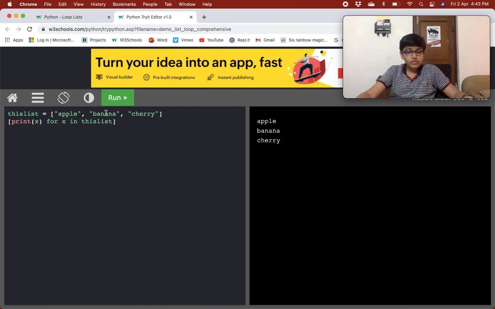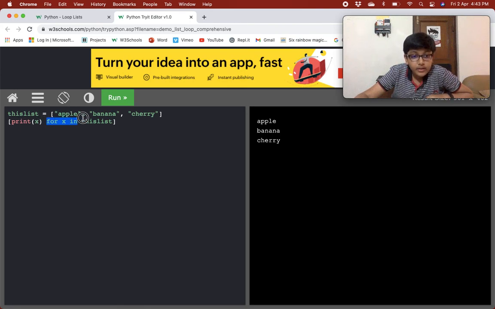So it first does for x in this list. The value of x is apple, so it goes over here and prints apple.